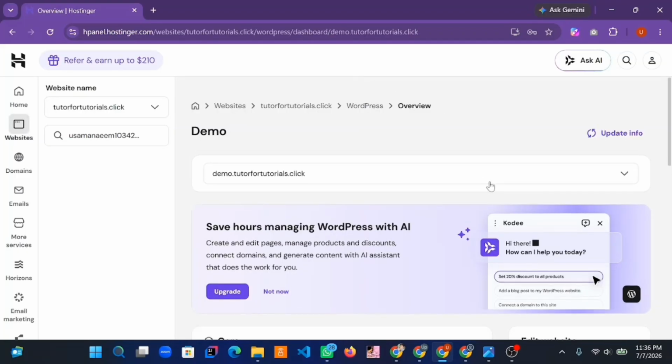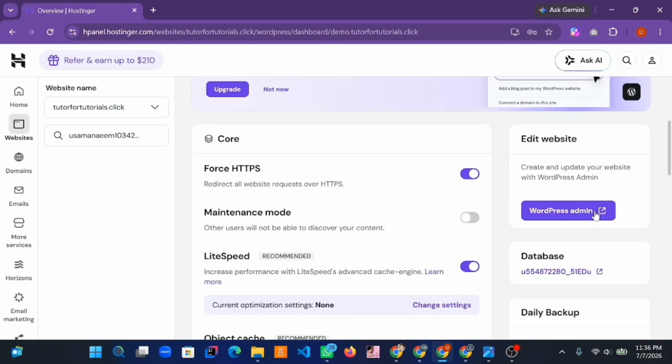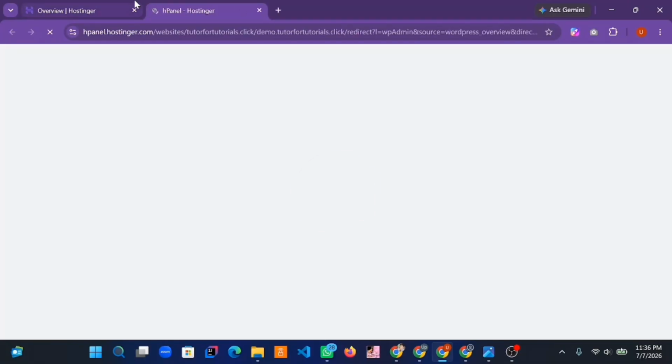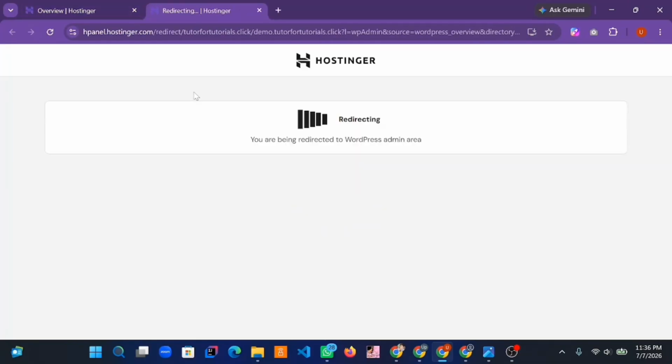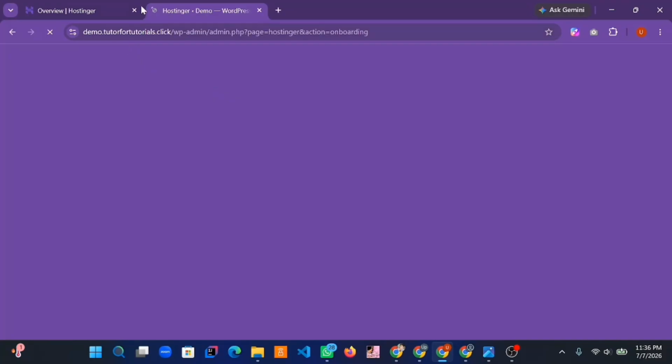So after a few minutes, WordPress is installed against this domain. You can see update info, leave it. You can see the WordPress admin here. So now you can log into the back end of your website, and you can use WordPress. You can see it has started loading our WordPress